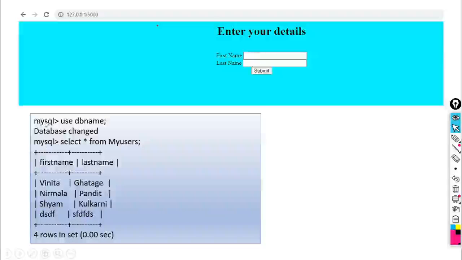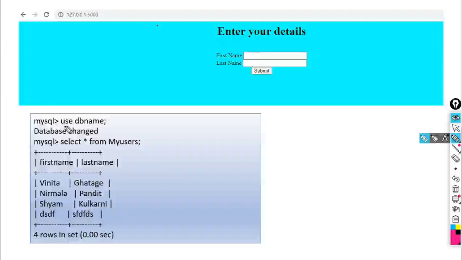Before this, how can we see it in MySQL? Look here, this is the MySQL prompt. We have to open that particular database, because the table in which you are going to update the data is present in some database.